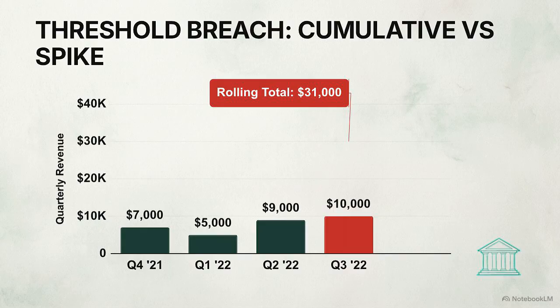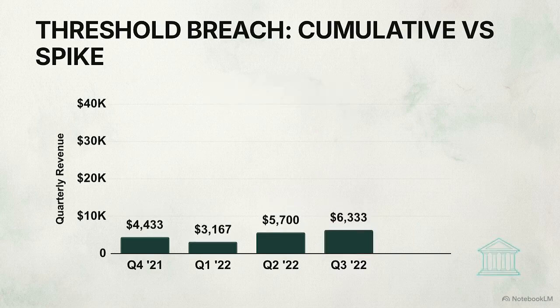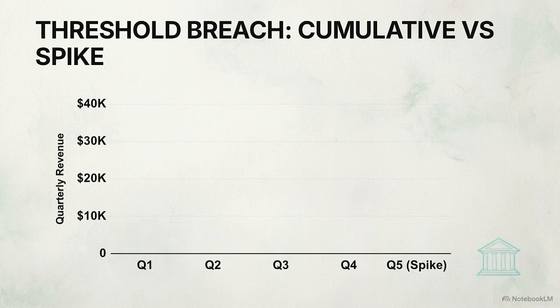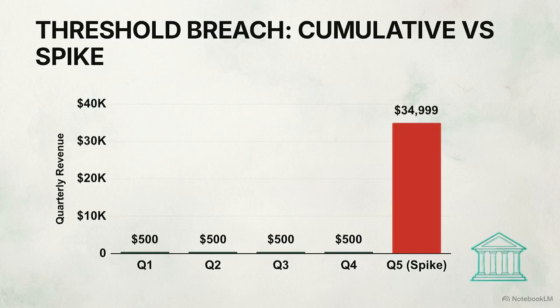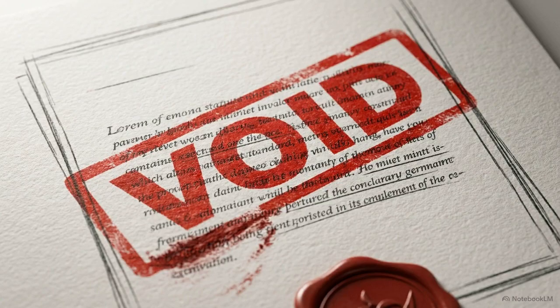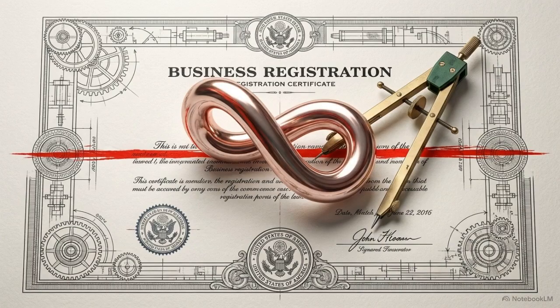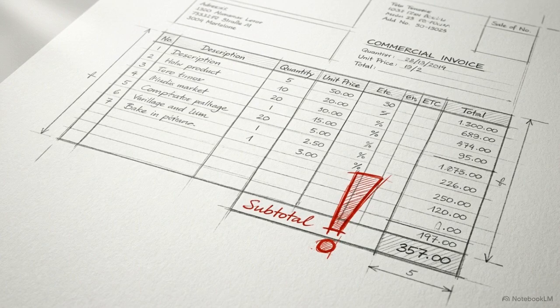Now compare that to the alternate rule, the sales and quarter test. Here is Vince's data. His business has been essentially dormant, generating almost zero revenue for a year. Then, in a single quarter, he completes a major project and issues one invoice for $35,000. Because Vince breached the threshold within a single calendar quarter, the grace period is voided. By law, he loses his small supplier status immediately before that transaction occurs, and he is required to charge GST